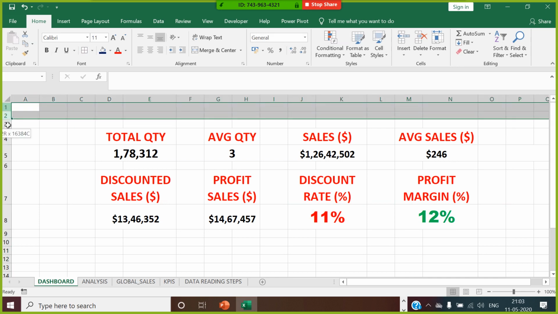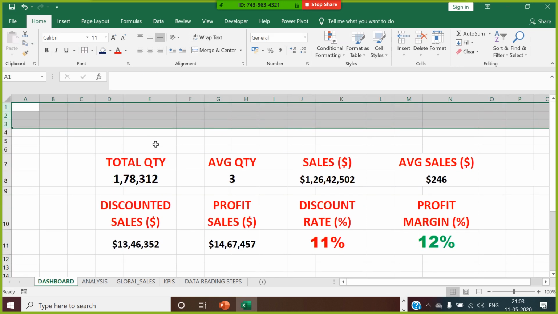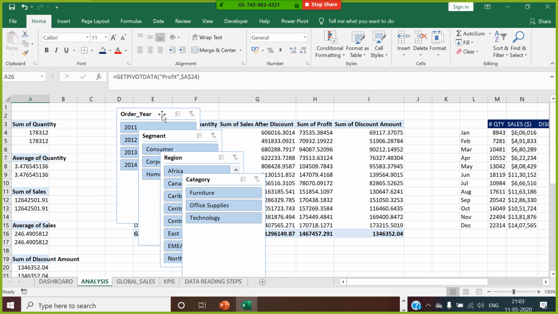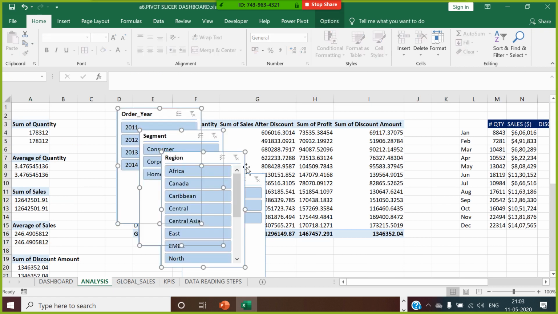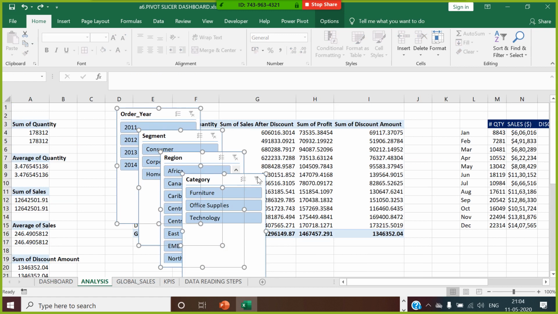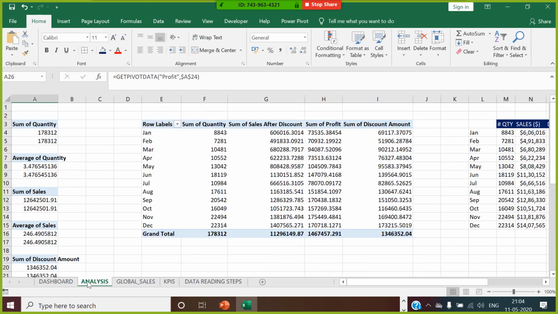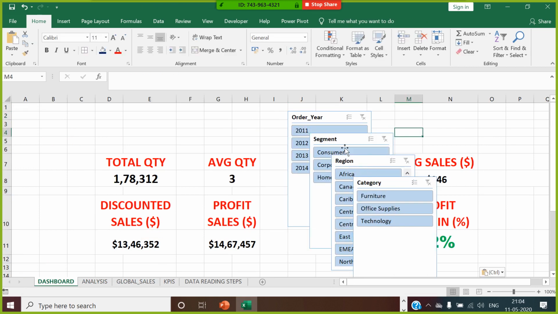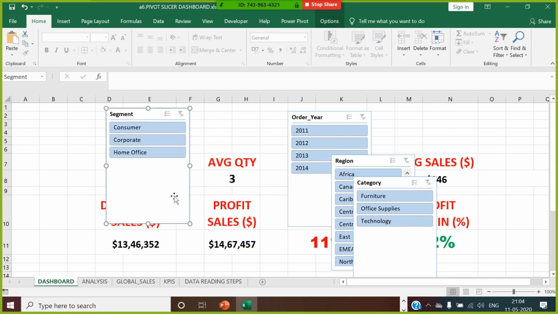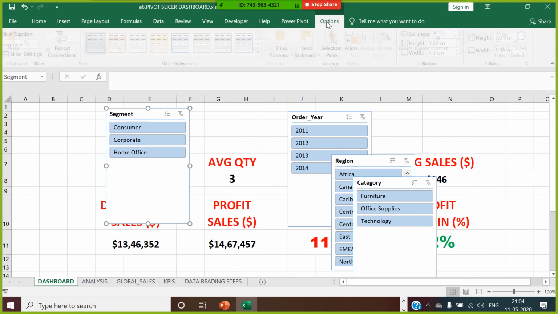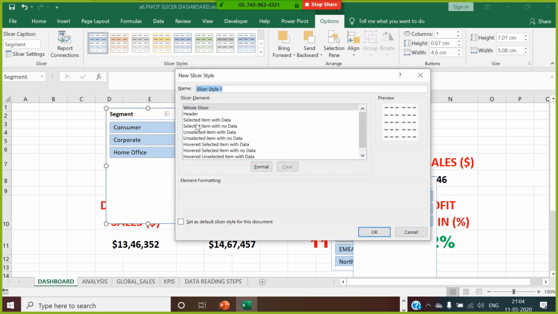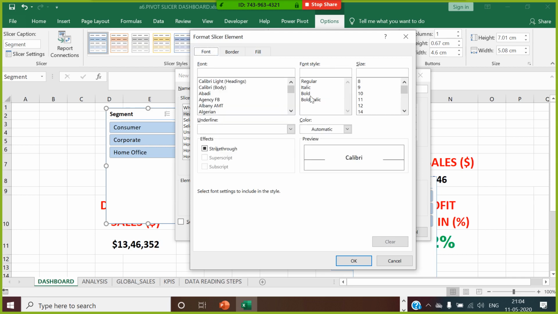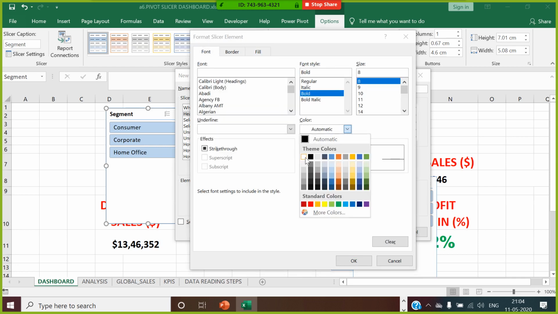Now, what I'll do here, I go for inserting 3 more columns. In this, I go and bring all my slicers. Control X, I go to my dashboard and I paste it over here. I go for my segment. I go to design a style. I choose the header would be this color, the background 8 and white color.